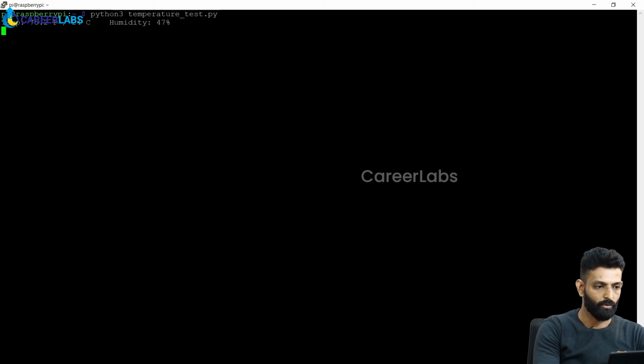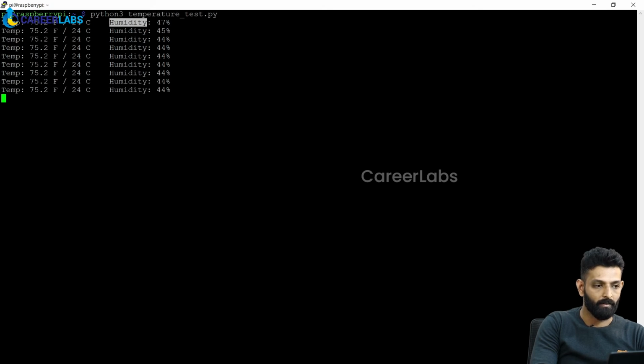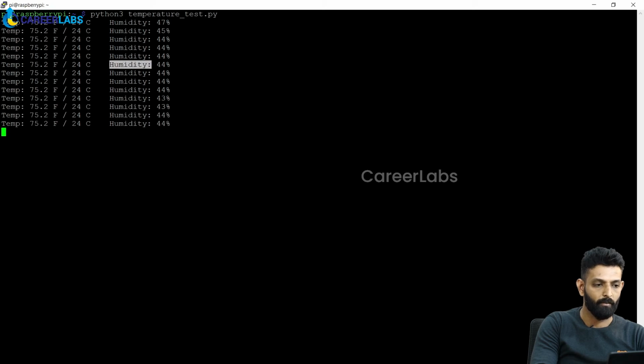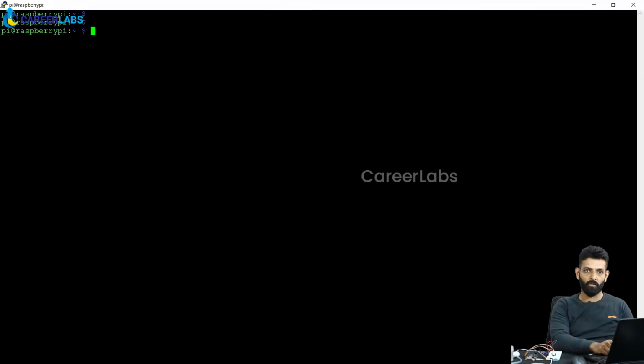and press enter. So once you press enter, as you can see the temperature value is coming in Celsius, that is 24 degrees Celsius, and it is converted to Fahrenheit. And also you can see the humidity values which is in percentage shown over here. So this will be varying. The DST11 sensor is not accurate actually. To get more accuracy, you can use higher sensors like DST22, and there are other sensors which are available. But for our project, we will be using this one since we can get the room temperature and the humidity value.